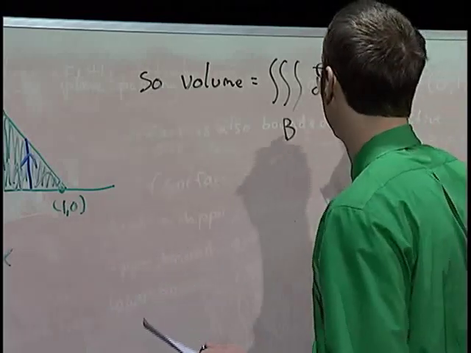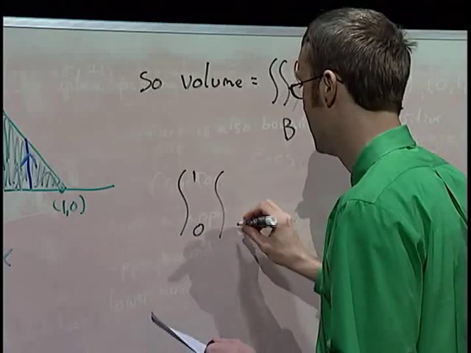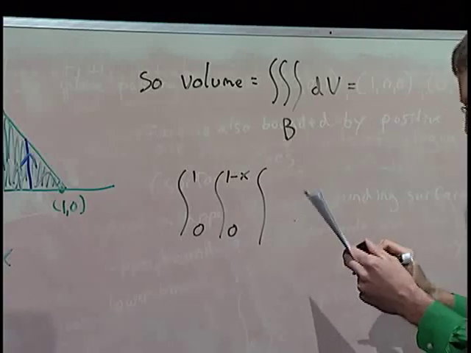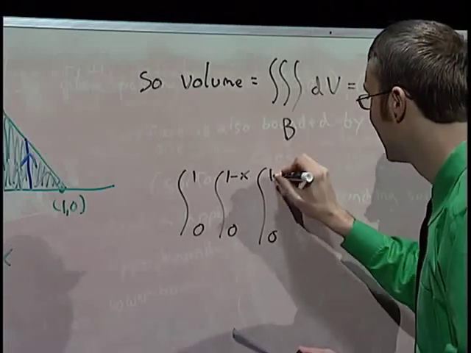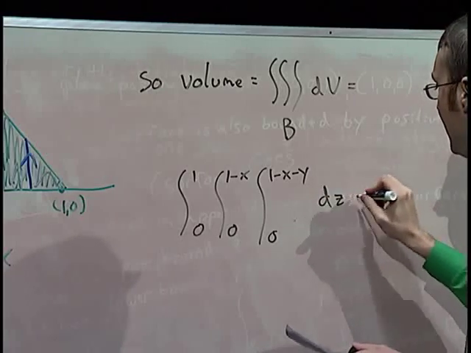So this is the integral. There's the x limits, there's the y limits. What were the z limits again? 0 and 1 minus x minus y, dz, dy,